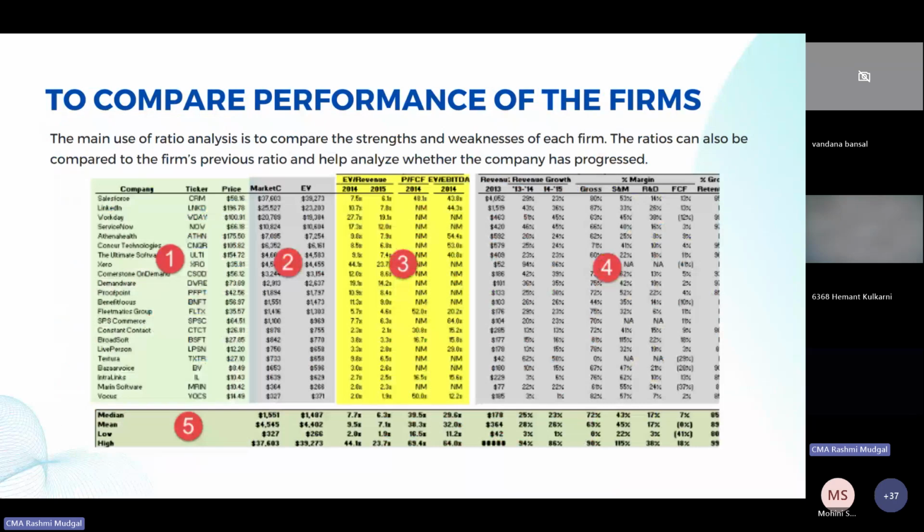This is also very useful to compare the performance of firms. Okay, here what I do is I see different parameters where I can see that these are the companies and these are their prices. Okay, so for Sales Store, this is 56. LinkedIn, this is 196. So I can see my cost of buying this share will be higher, but what profit I am making,